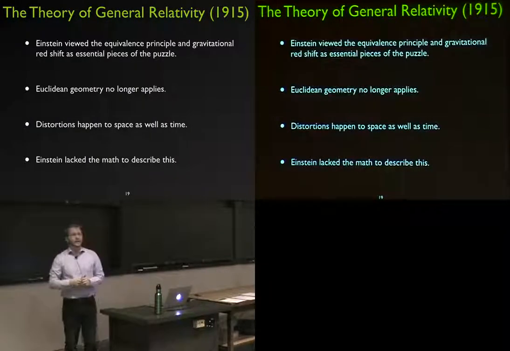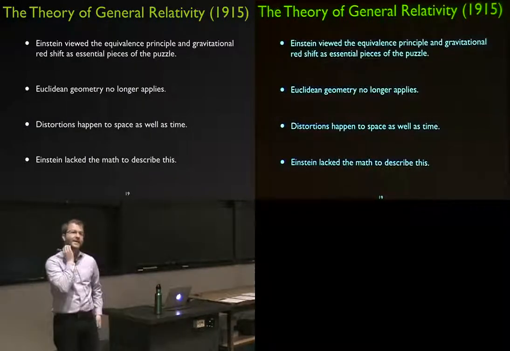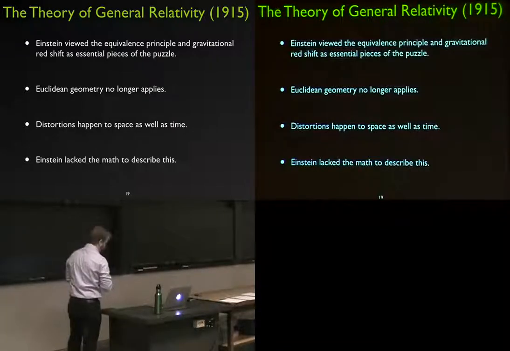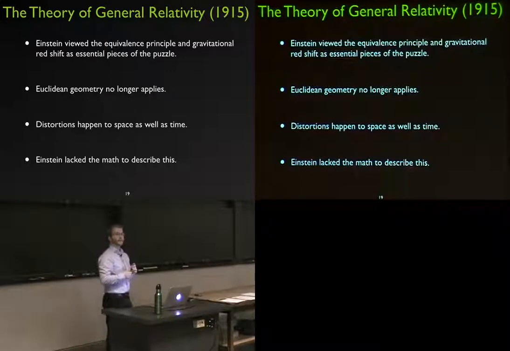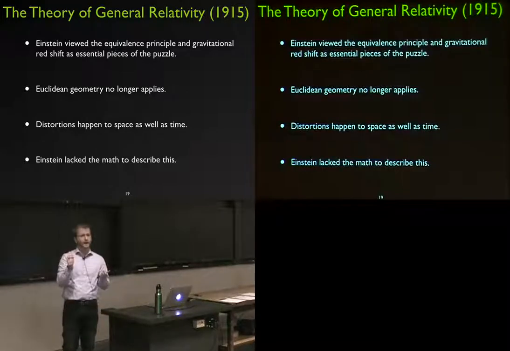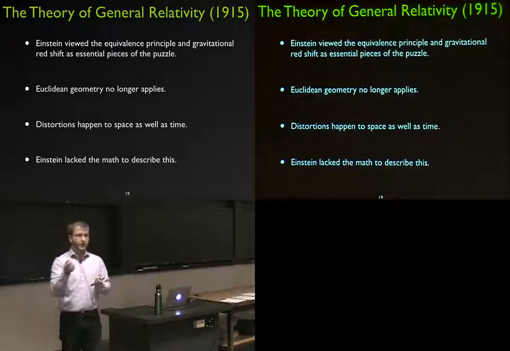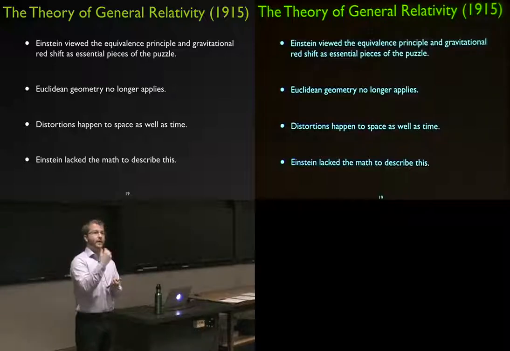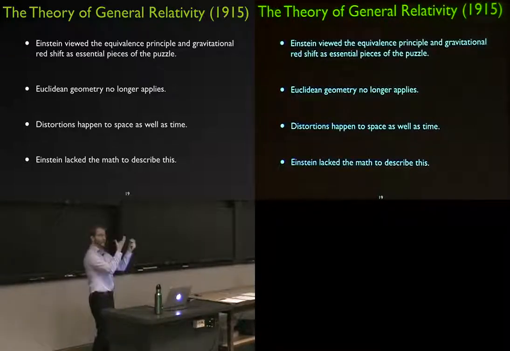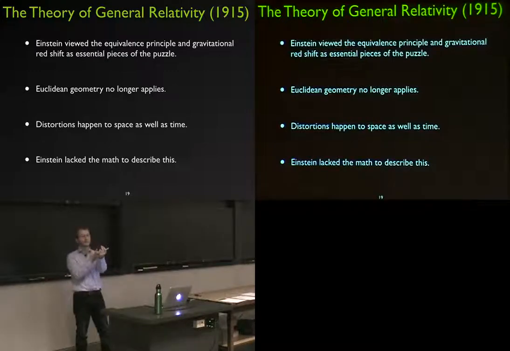All right, so finally, 1915. Oh, yes? Just a quick question, would we not be able to see objects behind that galaxy if it weren't bending the light? That's right, yeah. Depending on the strength of that deflection, it's usually the case that we can't see things behind it otherwise if it wasn't for that lensing. It's because it's in between the direct path between us and that distant object.